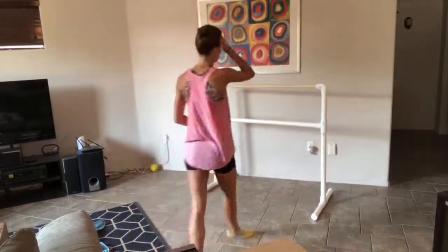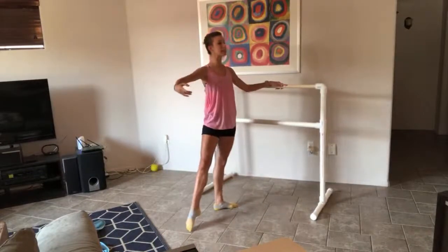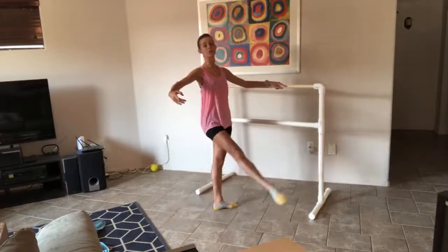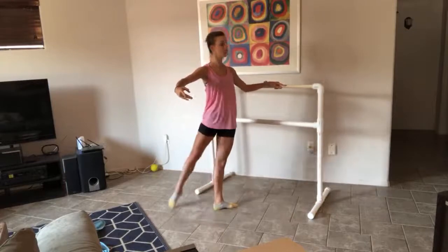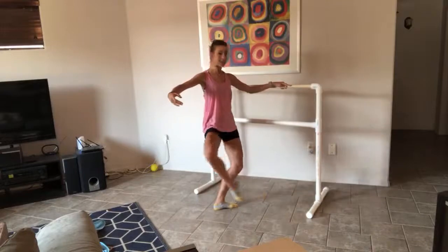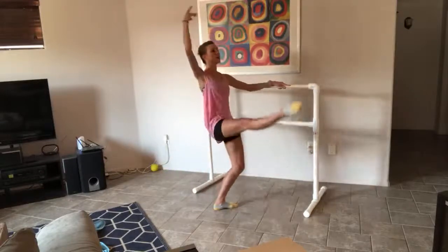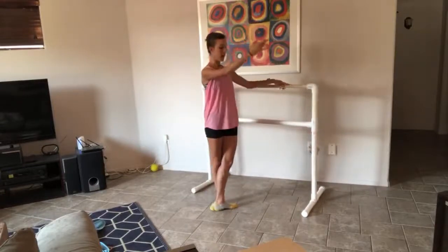And preparation 7 and 8. Around 1, 2, and brush from the back. And brush, and low legs plie. Knee extends back off the floor without moving the hips. Higher legs, passe, back, fit, and reverse,